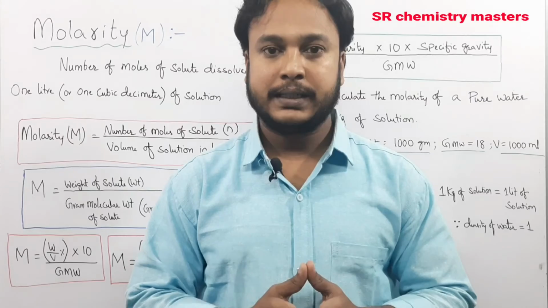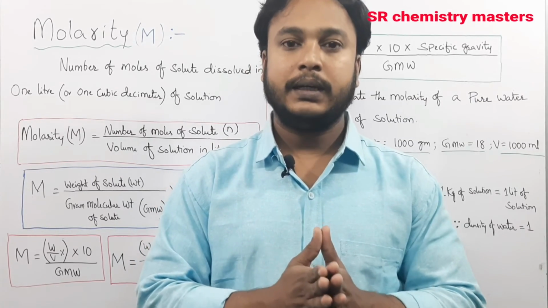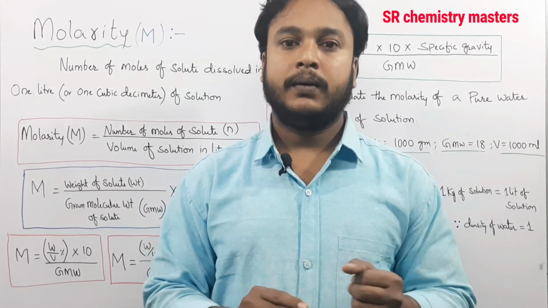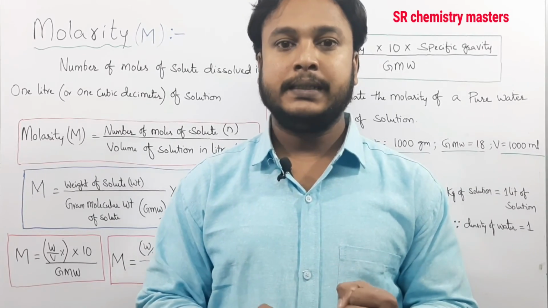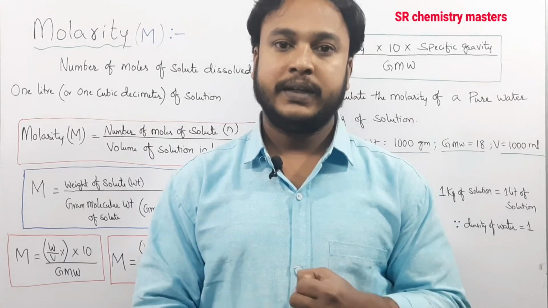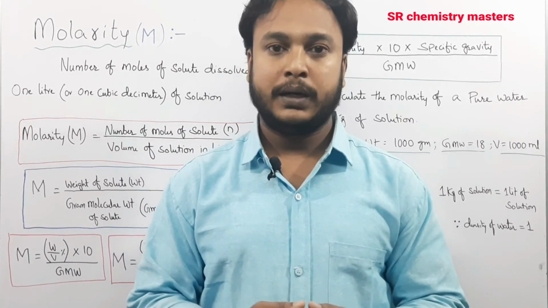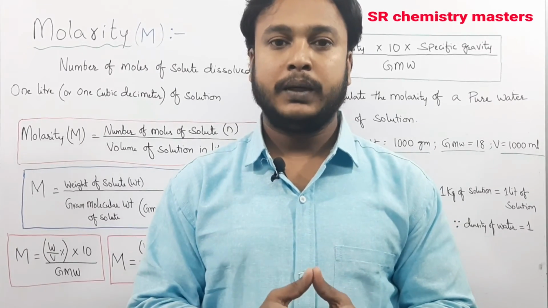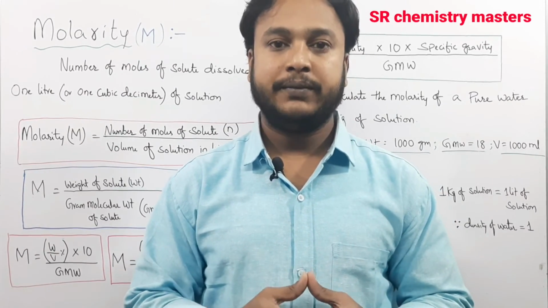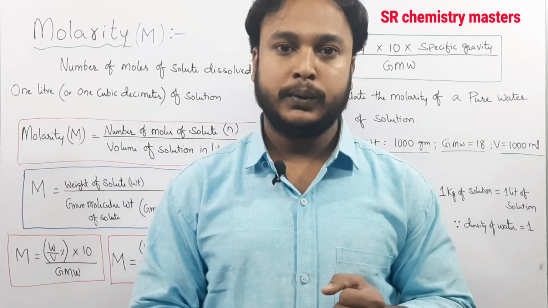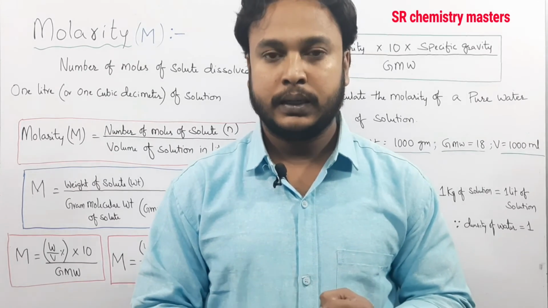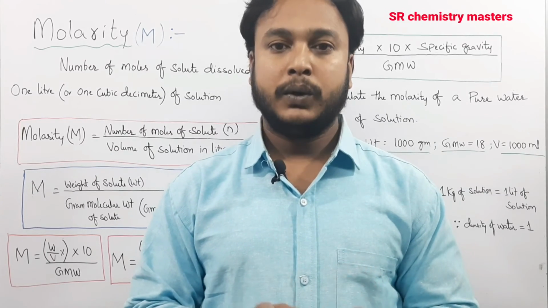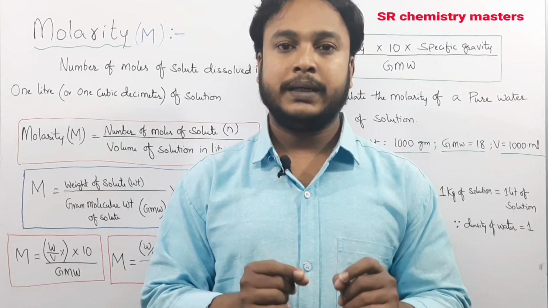The same formulas can be used when in the question you are given the molarity and asked to find out the weight of the solute or density or else specific gravity. You can take any formula and substitute the values in order to get the answer. So this is the molarity of the solution, which can be defined as the number of moles of solute present in 1 liter of solution. And when it comes to the units of molarity, it is moles per liter or else moles per decimeter cube.